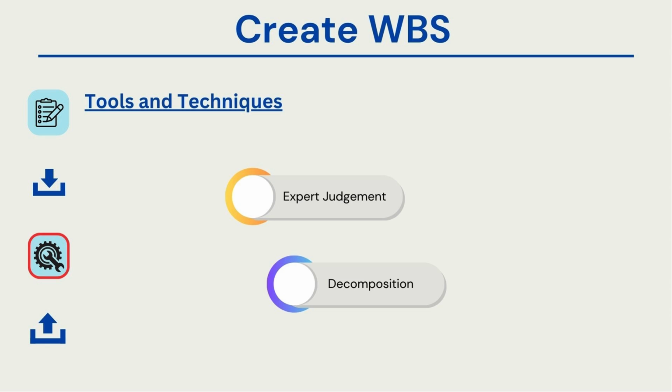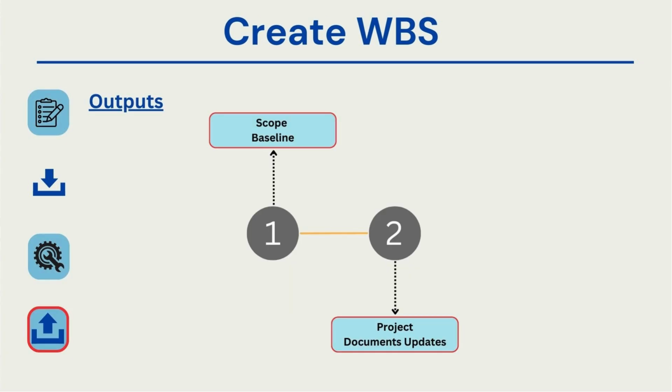By the end of this process, we obtain a scope baseline and an updated set of project documents. The scope baseline is particularly important because it defines and solidifies the project scope. We use various tools for project management, such as Microsoft Project or Clarity, but some teams might also use Excel spreadsheets. Once the scope is baselined, any changes beyond that are considered new requirements and must go through the change control board or the agreed-upon change management process between you and the customer. Project documents, such as the assumption log and stakeholder list, will also be updated as a result of this process.